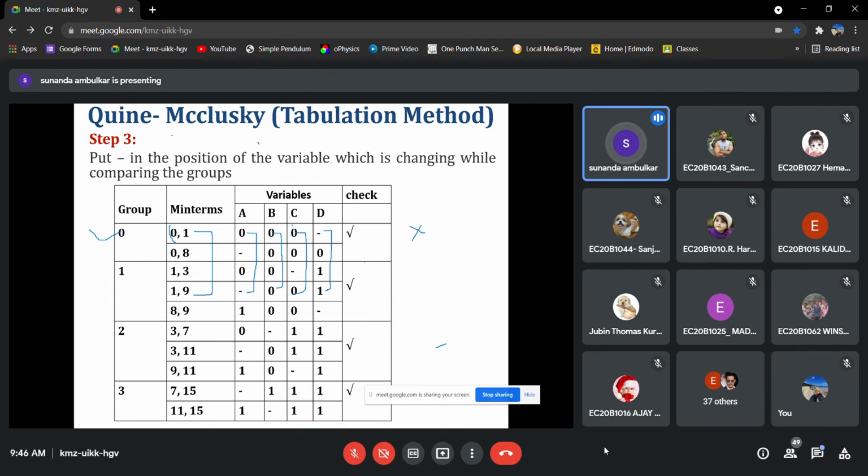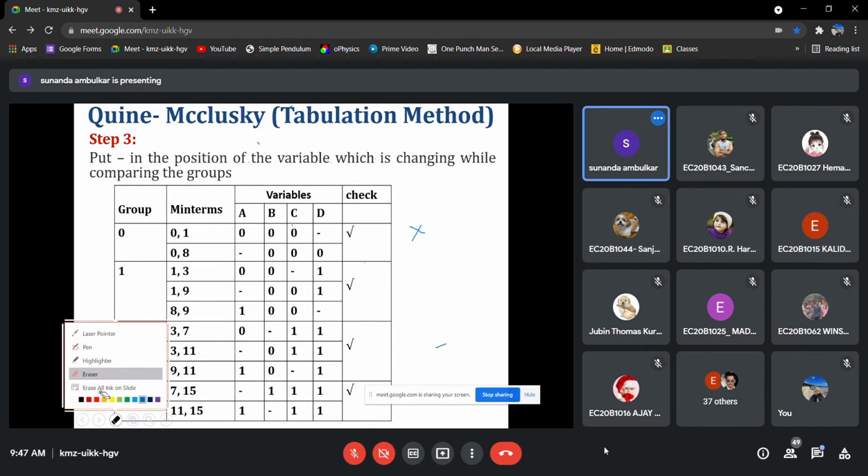Is it possible? Tell me, comparison is possible or not? Comparison is possible, but can we put a tick mark here? No, this is also not a possibility.